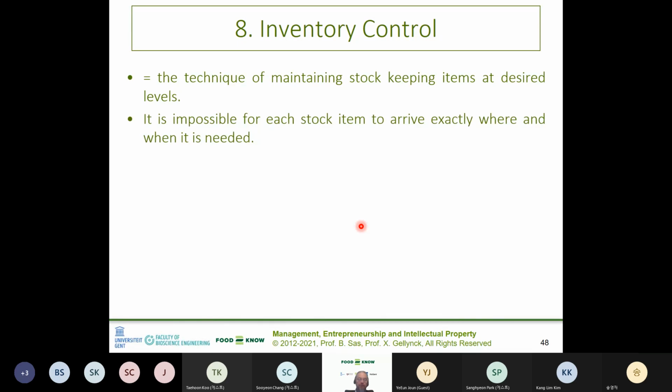It's impossible for each stock item to arrive exactly where and when it's needed. Sometimes the lead times for delivery are fluctuating. So it's absolutely a disaster if you start production and you don't have your raw materials at hand. Same if you have a little bit of fluctuation in the demand of the customers. The inventory of the finished goods needs to be such that it covers this